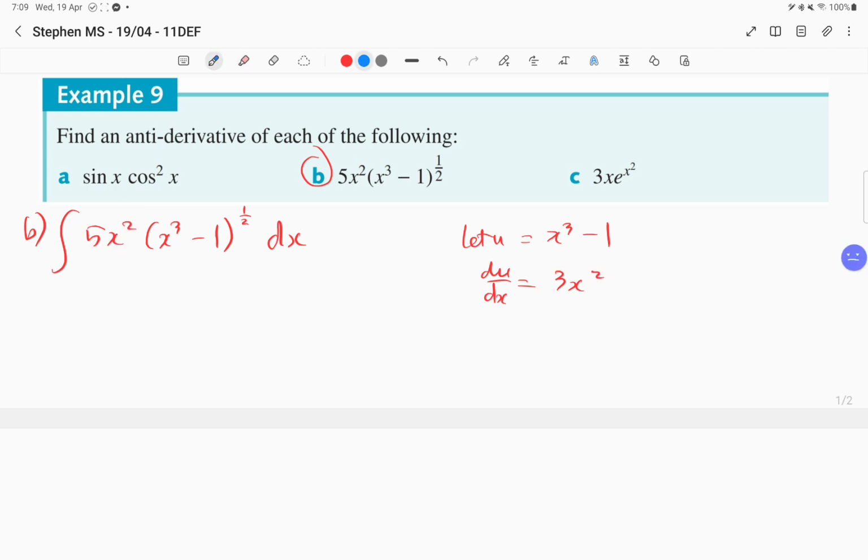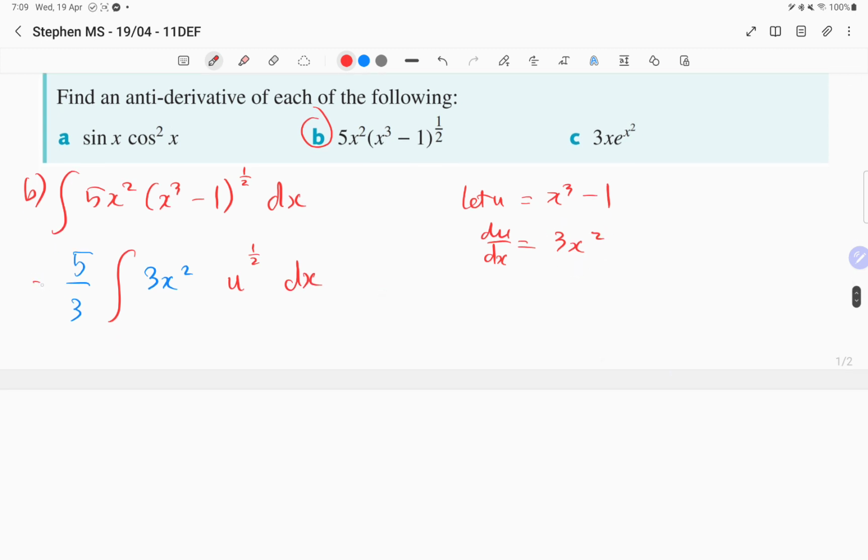Take 5 out and then times 3 in. Yes, but if you times 3, you need to divide by 3. So that'll be 5 over 3, and inside here you get your 3x squared. And then the other one would be u to the power 1/2 dx. And then the steps are the same. This is du over dx, right? So then that would be 5 on 3 antiderive of u power half du over dx,